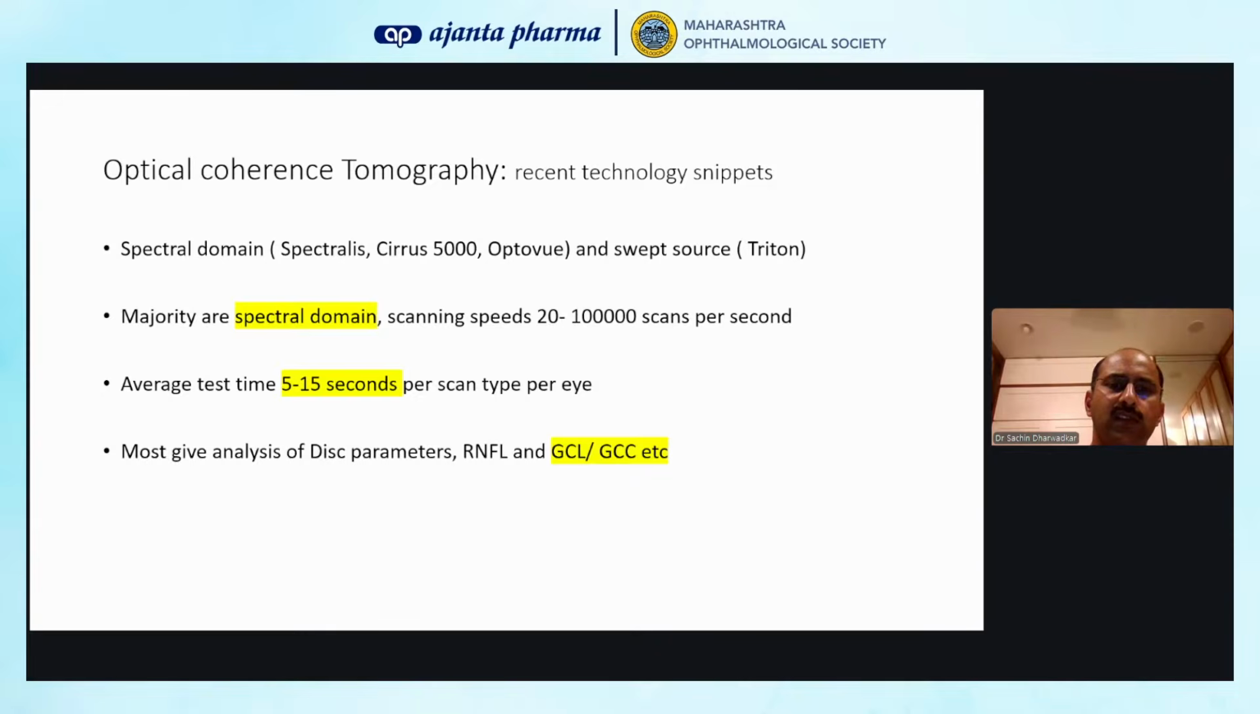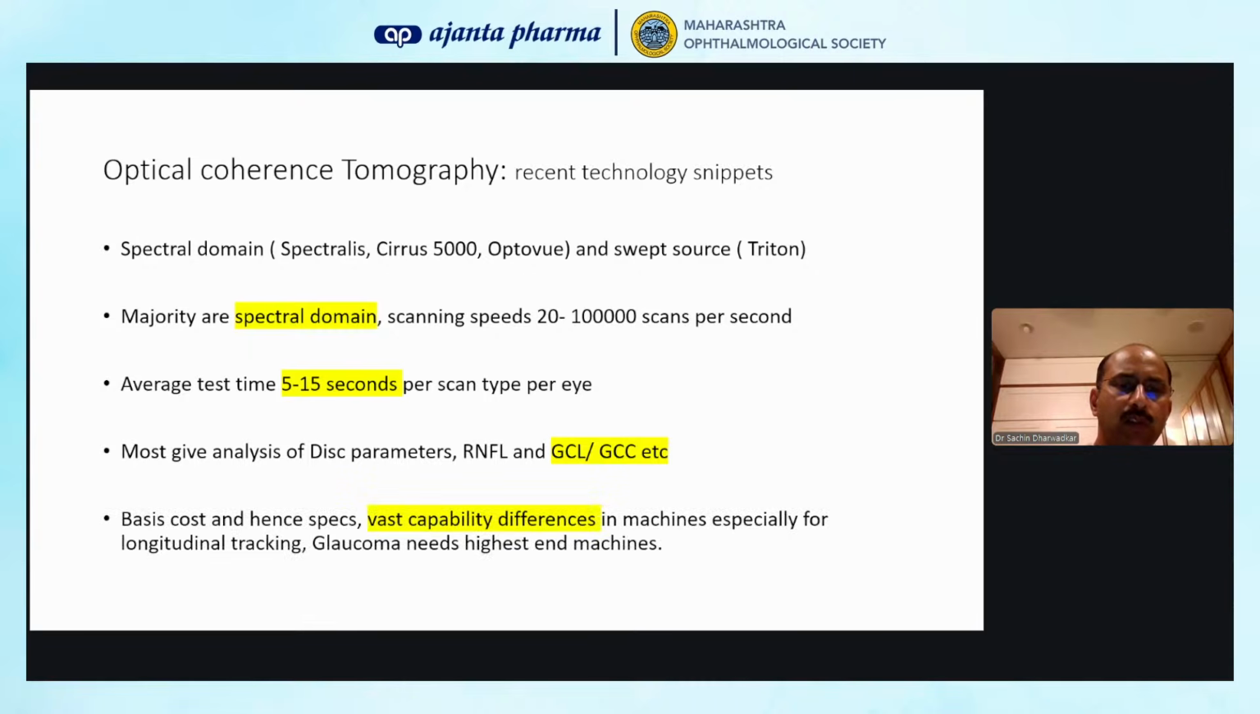And most give analysis of disc parameters and RNFL, whereas some OCT machines do not give the macular or the ganglion cell complex, depending upon what make and what generation of OCT they are. So that's why we cannot use all OCTs for practicing glaucoma. And basis the cost and hence the specification, there are vast capability differences in machines, especially tracking hardware and some specific software. But glaucoma, as we all know, needs the highest end machines, because to define progression is very, very important, and accuracy is the main